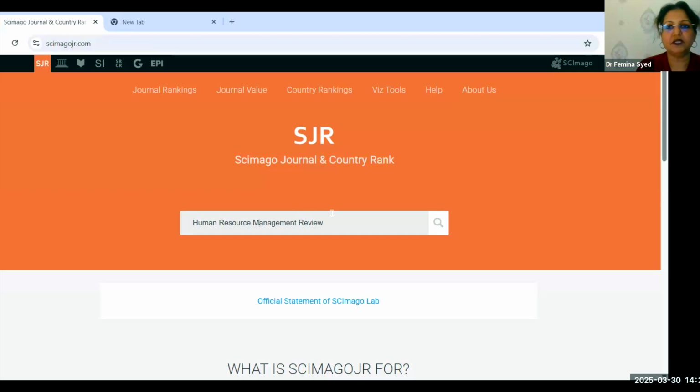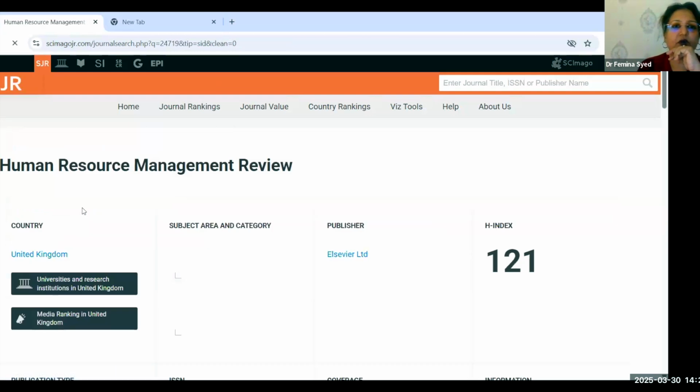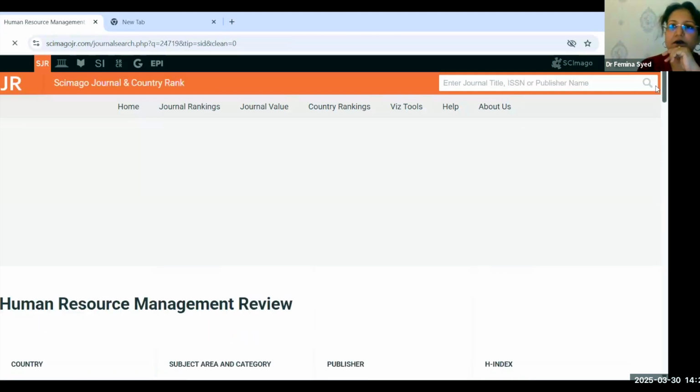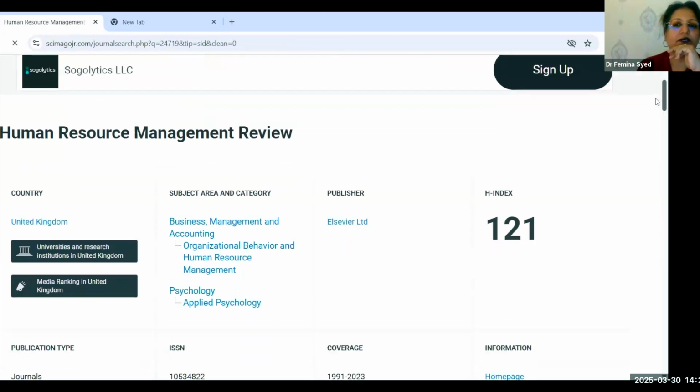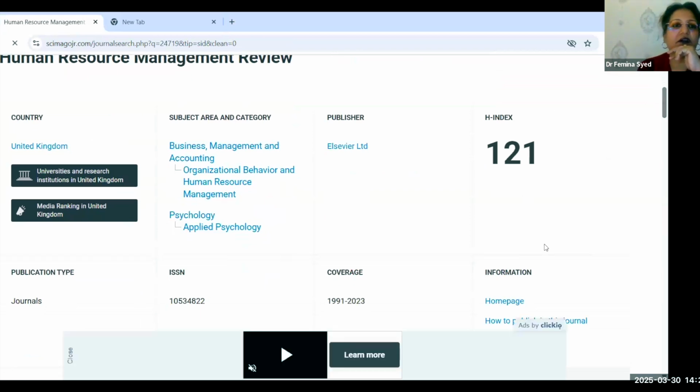Hope the screen is visible. Search. Yes, it has come. Click on it. See, the H index is 121. So all the details are here.